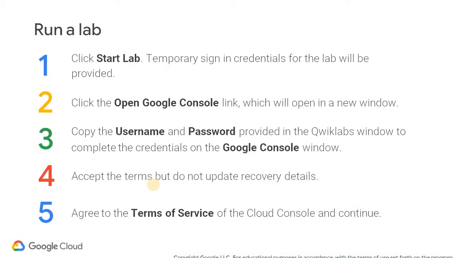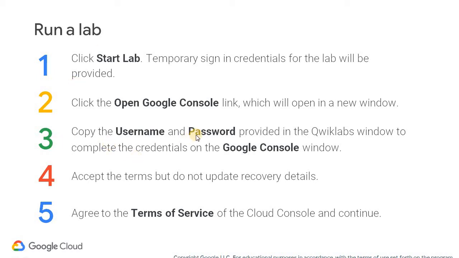Once the Quick Lab opens, it's recommended that you read through the supporting information provided on the web page and take note of any specific instructions. When you are ready, click the Start Lab button. The Start button will update to display a Google Console link as well as temporary sign-in credentials for the lab.